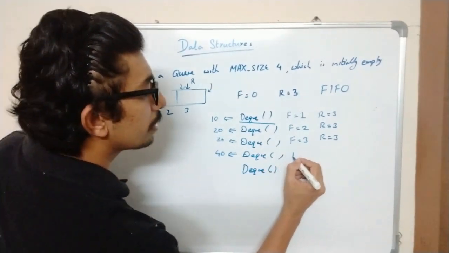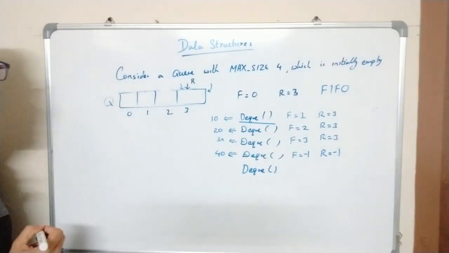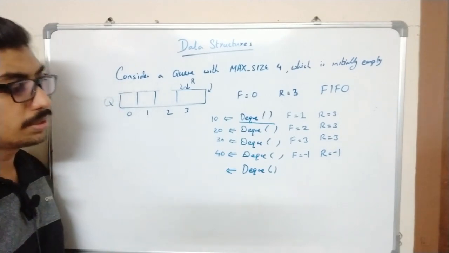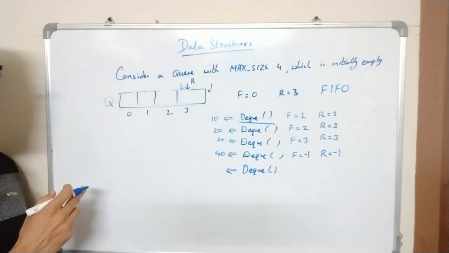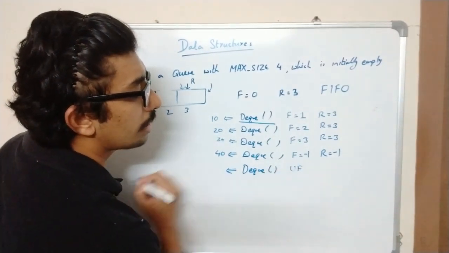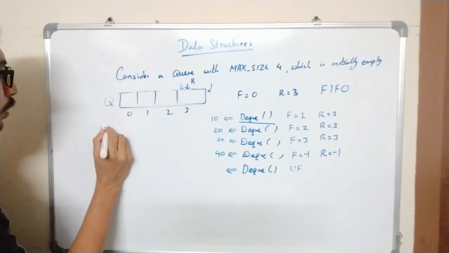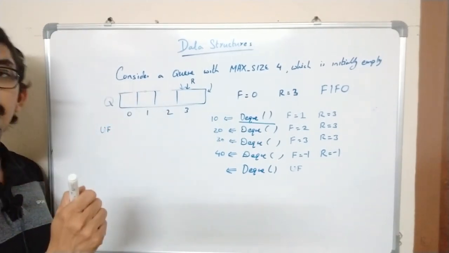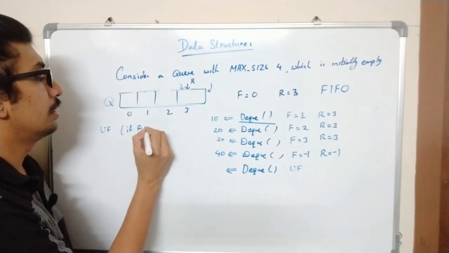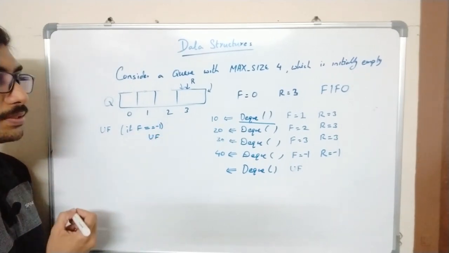Whenever the queue becomes empty, you have to reinitialize front and rear with -1. And what about dequeue again? Whenever you try a delete operation or a dequeue operation on an empty queue, that situation is called underflow. Now we will generalize. First of all, how can we check the underflow condition? We check whether the queue is empty, which means if front is equal to -1, it is an underflow condition.